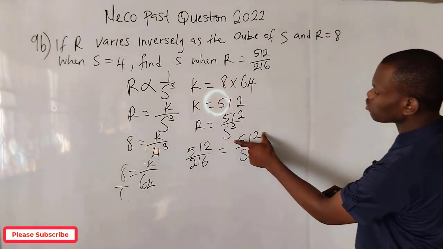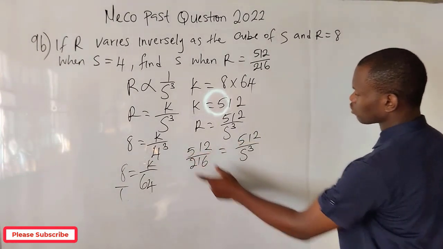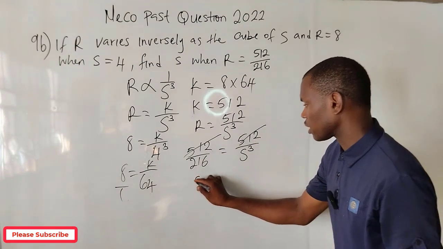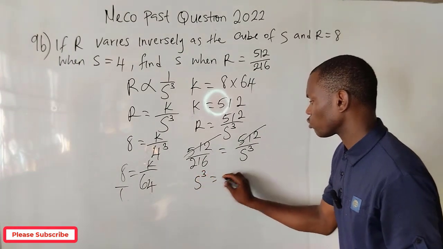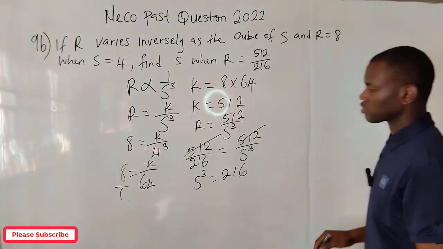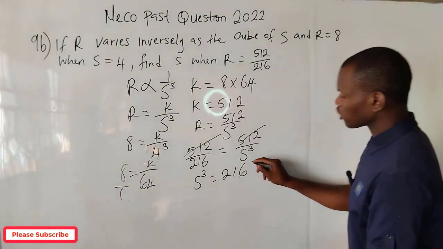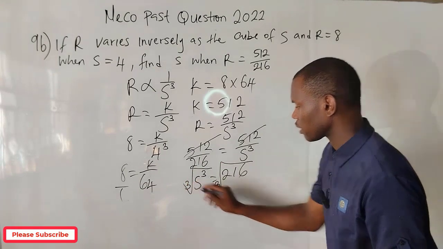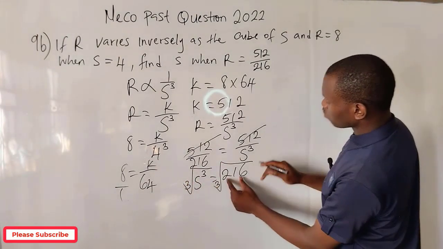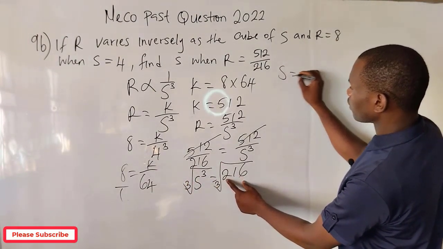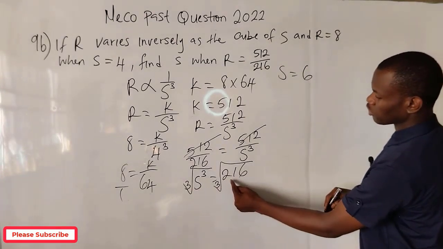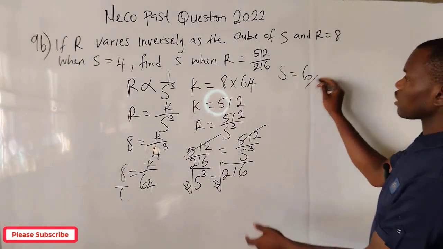Then, since we have this numerator and this numerator to be the same, both of them can cancel. We now have S power 3 equal to 216. At this point, take the cube root of this side and the cube root of this side. So the cube root of 216 will give me S to be equal to 6. 6 is a number you multiply 3 times in order to get 216. So we've been able to get